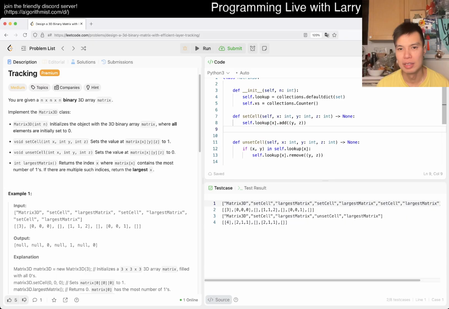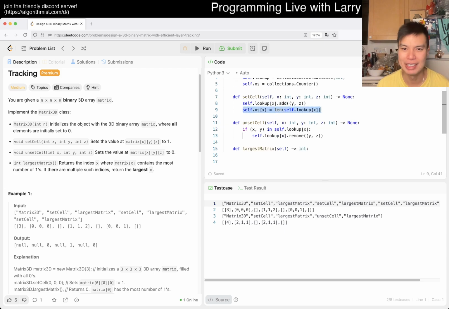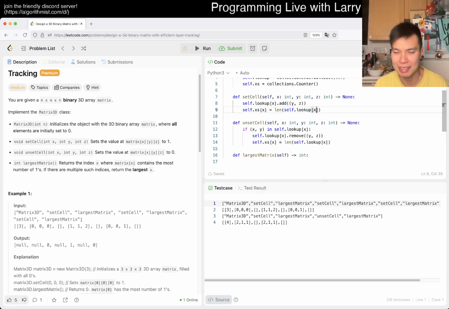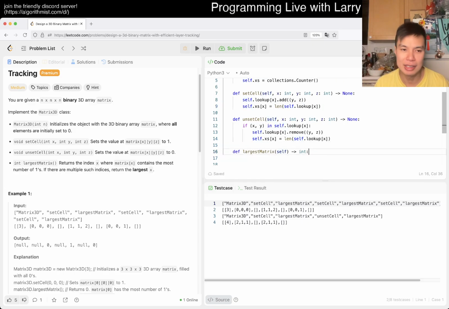And then here maybe self.xs of x is equal to the length of the set, and you don't even have to do anything tricky like increment or decrement. You just update that to the length, and that's it, right?